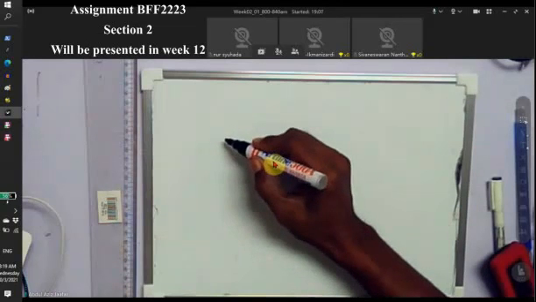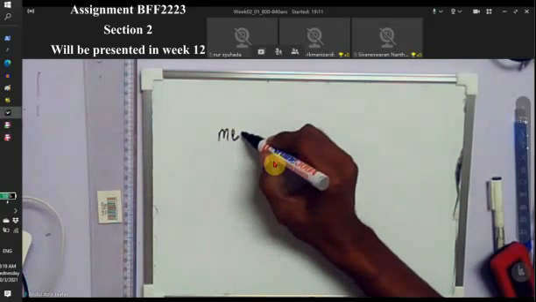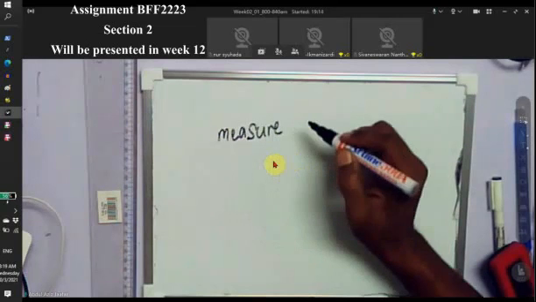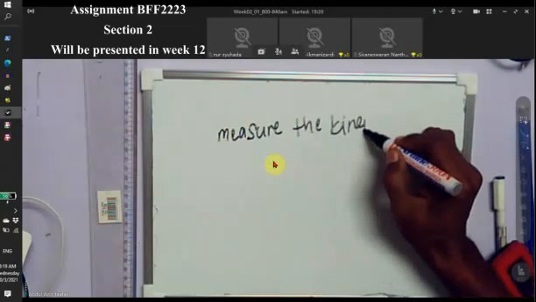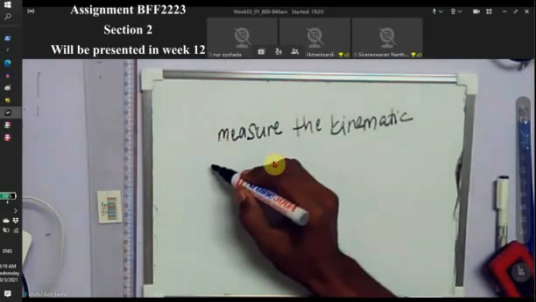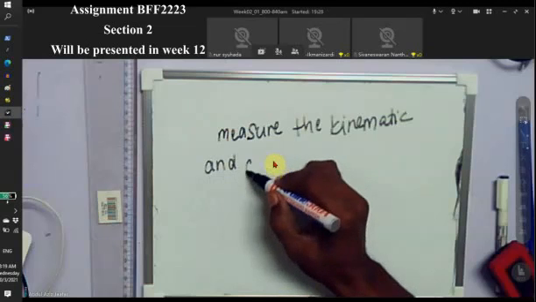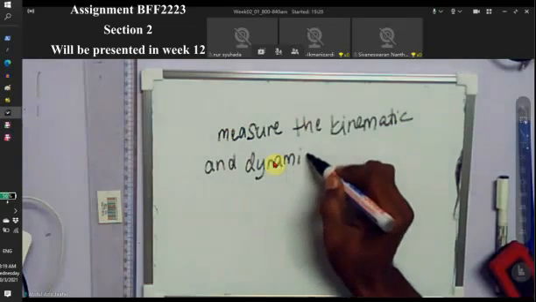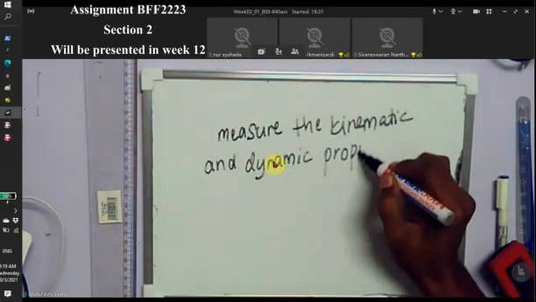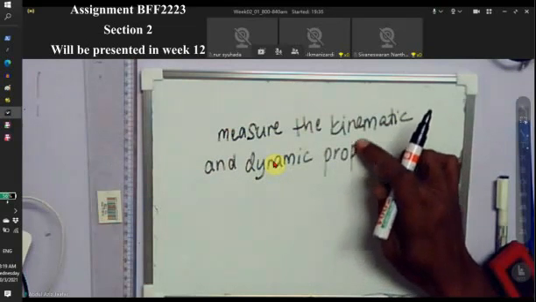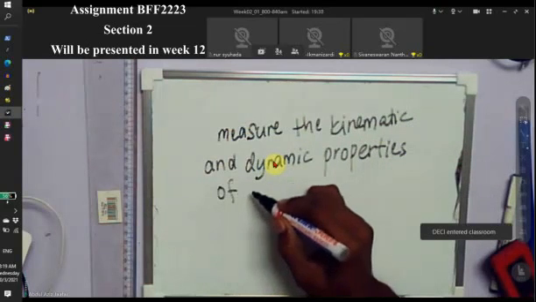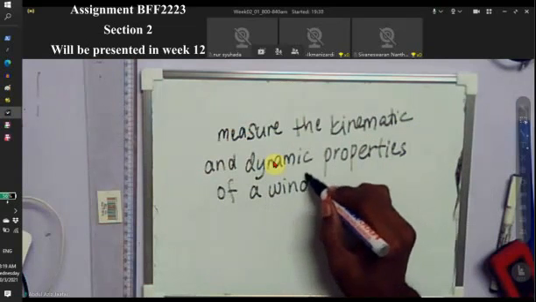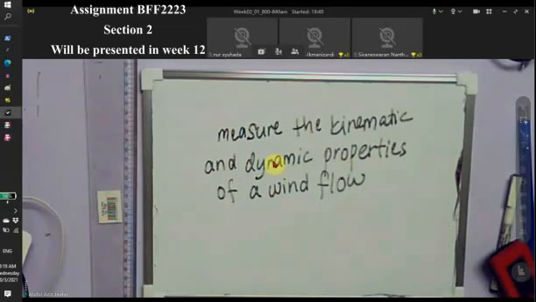You're going to measure the kinematic and dynamic properties of a wind flow, right? So you have a wind flow,